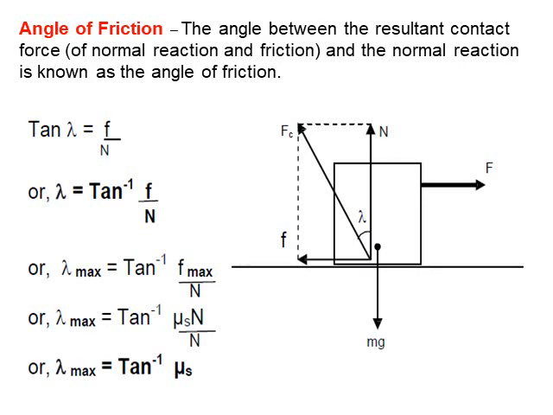As shown in the figure, W means mg, the weight of the body, N is the normal reaction, F max is the limiting friction, capital F is the applied force, then by the definition of angle of friction,